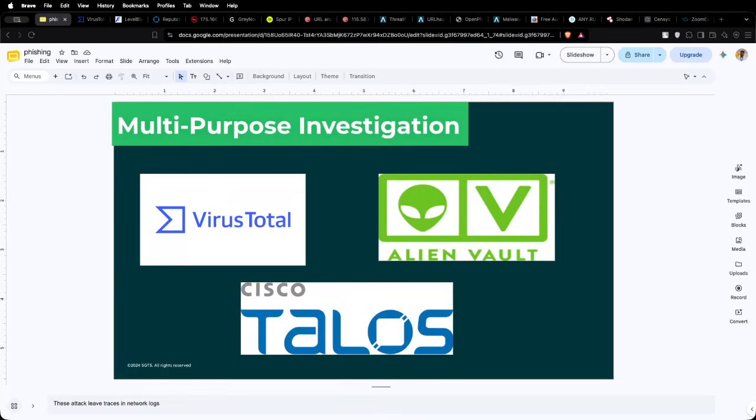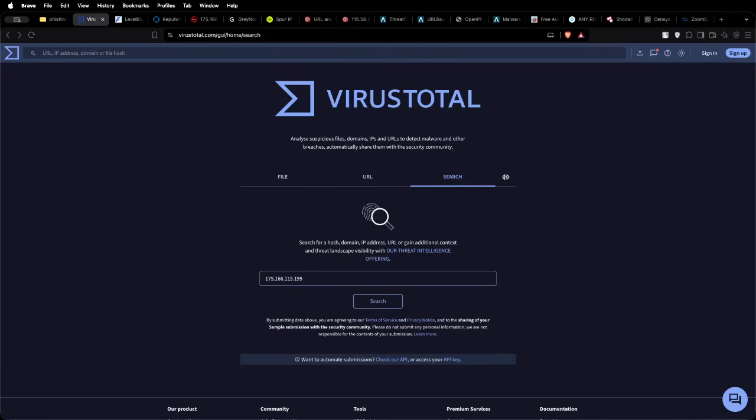So the first category is multipurpose investigation, in which we have VirusTotal, AlienVault, and Cisco Talos. Let's start with probably the most popular threat intelligence platform, which is VirusTotal. If you are a SOC analyst and you don't know VirusTotal, today is the day to learn it, because VirusTotal allows